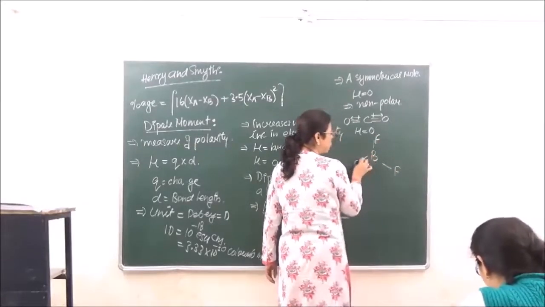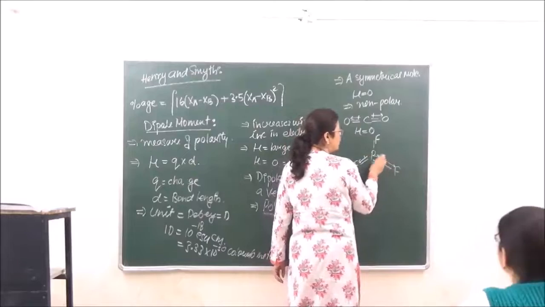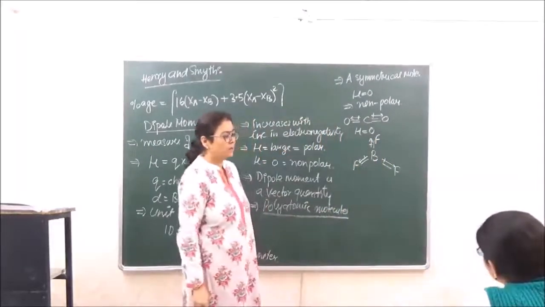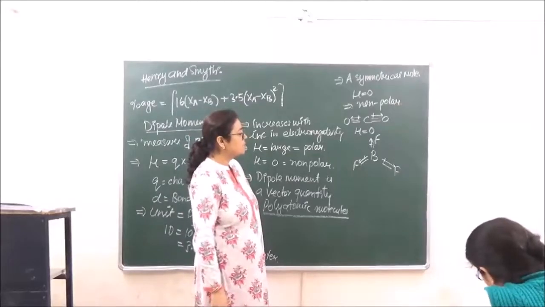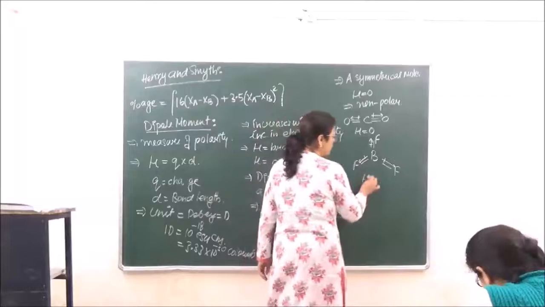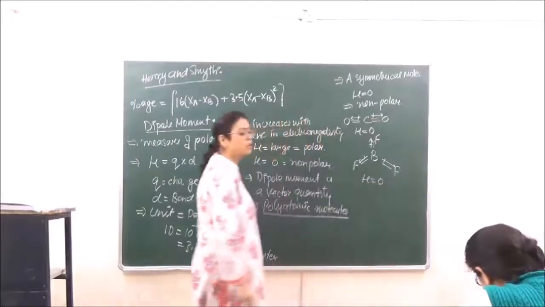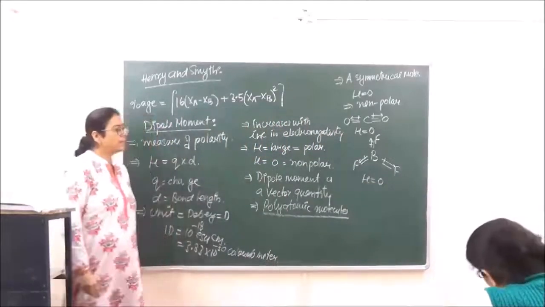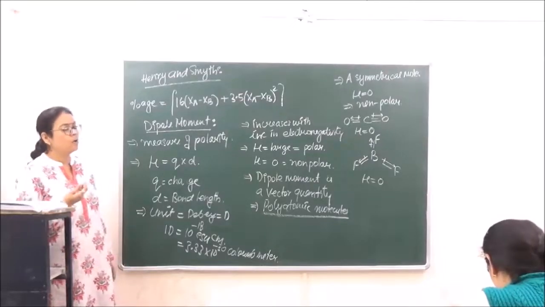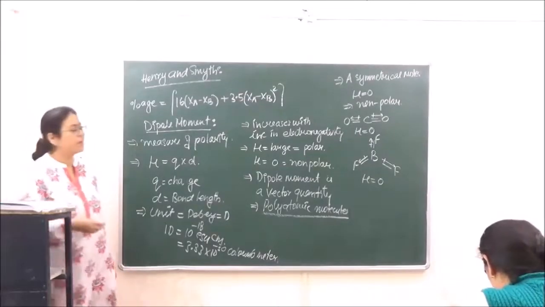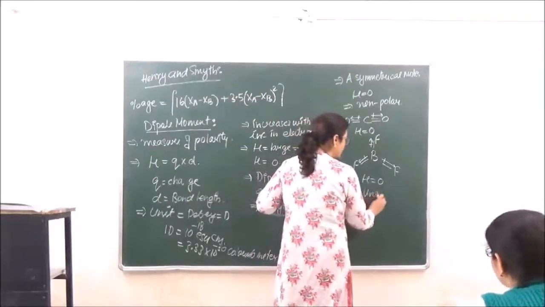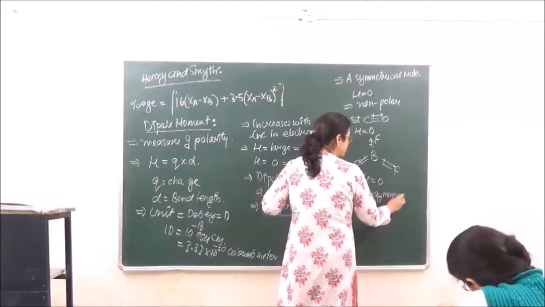So over here fluorine is more electronegative, over here also fluorine is more electronegative, and over here also fluorine is more electronegative, right? Now in all the cases, as fluorine is more electronegative, when we are looking at the net dipole moment over here, that also becomes equal to 0. Okay? So for these molecules, as mu is equal to 0, both the molecules are going to be non-polar in nature. Whereas when we are talking of unsymmetrical